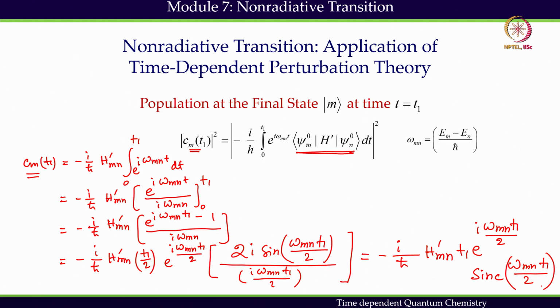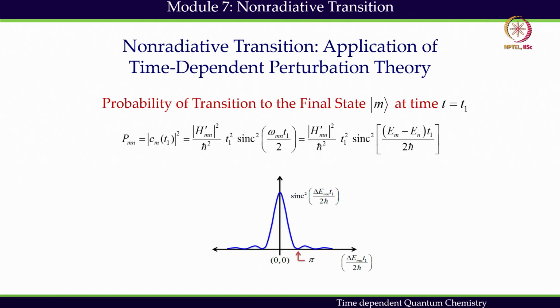That is the final form of Cm t1 we get. This cardinal sine function is nothing but sine x by x. So that's exactly what we have. This is the sine part here, and this x part is here. So the cardinal sine function we are using to express this